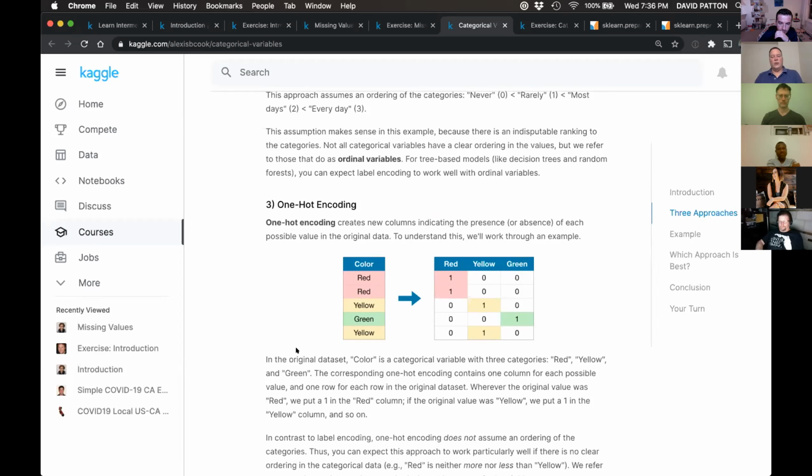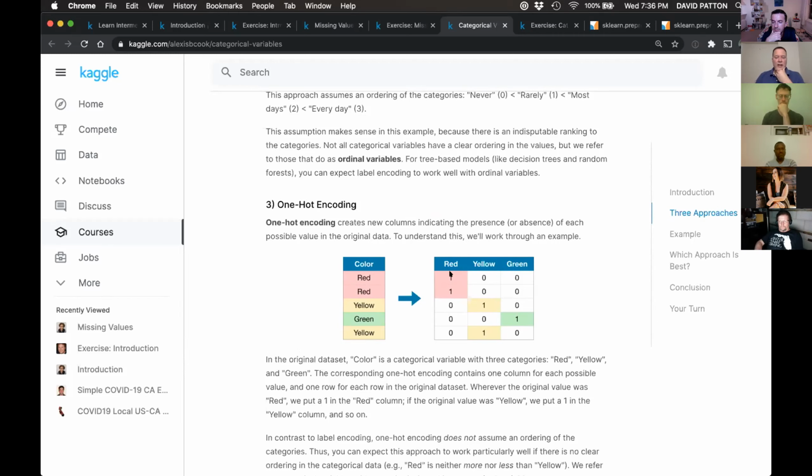And in this case, we're introducing new columns to replace the original column, basically named after the values that the color column can take, right? So we're introducing 3 new columns because that's the discrete number of categories we have here.